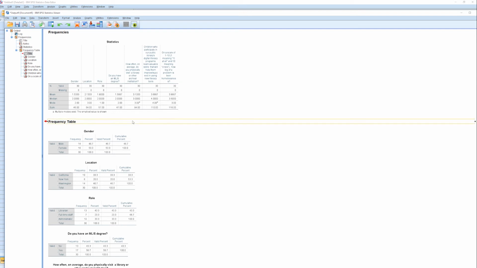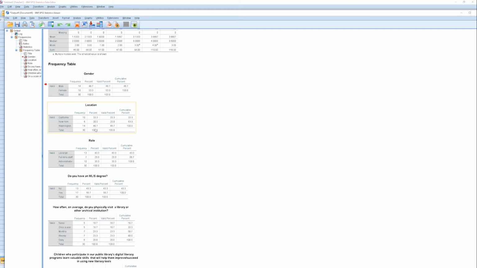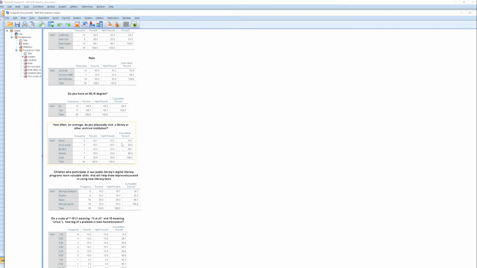file. Okay, so frequencies. The mean value of the gender, this is the whole mean value. Okay, so this is a more specific mean value by gender. So male, female, okay, percentage, this. So here, you can take a look. So what I want to do this time is I want to see